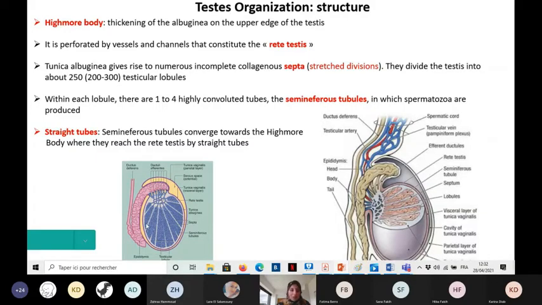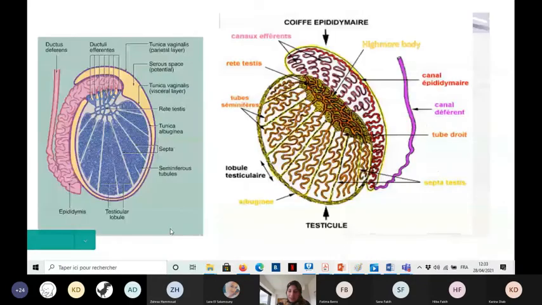As you can see here, the seminiferous tubules are not filling all the inside of the testicle. They are organized. So between them we have extensions of the tunica albuginea. Here in gray, this is the tunica albuginea extending between the